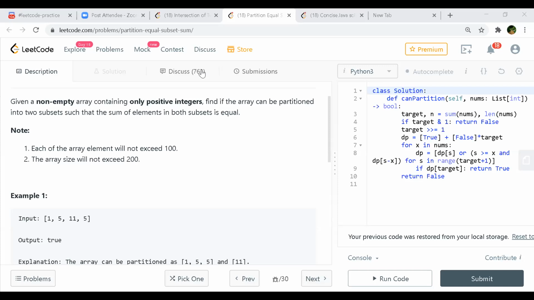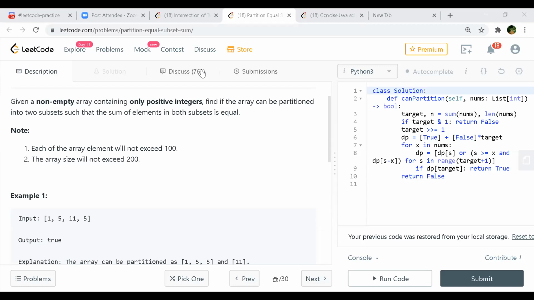This is the classical subset sum DP problem, and that means it's an NP-hard problem, which means we anyway have to explore all the search states. We have to do a complete search. So if you say there's any easy or naive solution, that means we have to search all the states anyway. We can't do better than this. That's a limitation. You can only optimize it through memoization, which is a DP solution. Correct. Good.